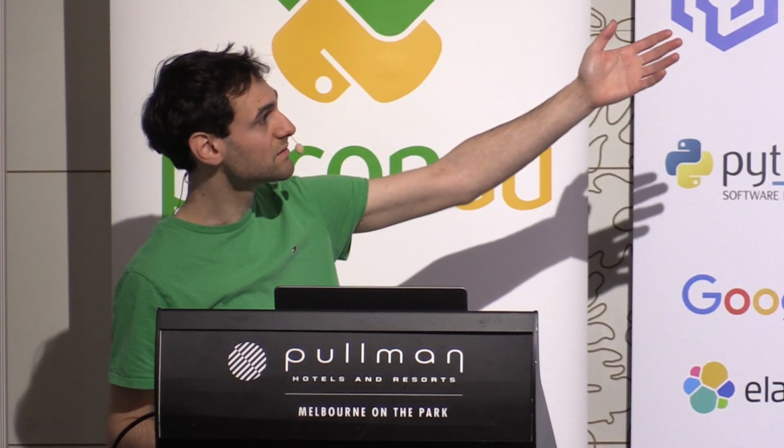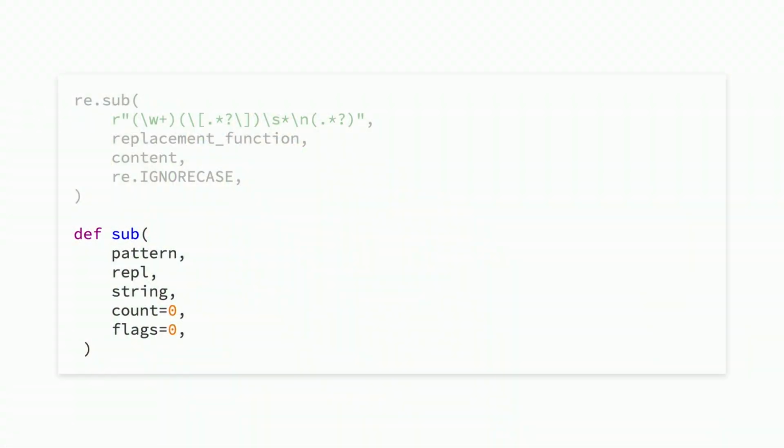And so if we look at the definition, you'll see that it takes in pattern, replacement, string, count, flags. And re.IGNORECASE is passed into where the count argument is, not the flags one. And so what happens is the count is read in as an int, and this flag, which is an enum, has the values 0 to whatever. And in this case, it's 2.